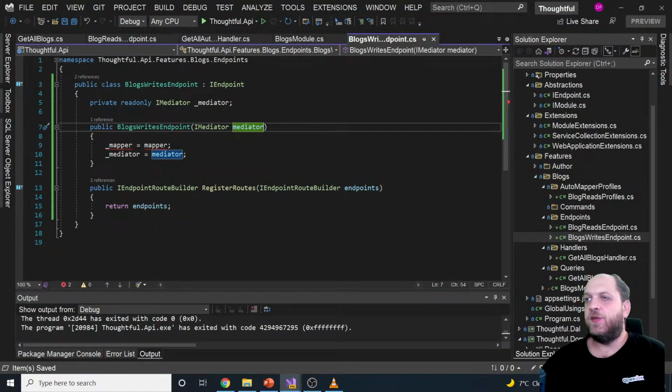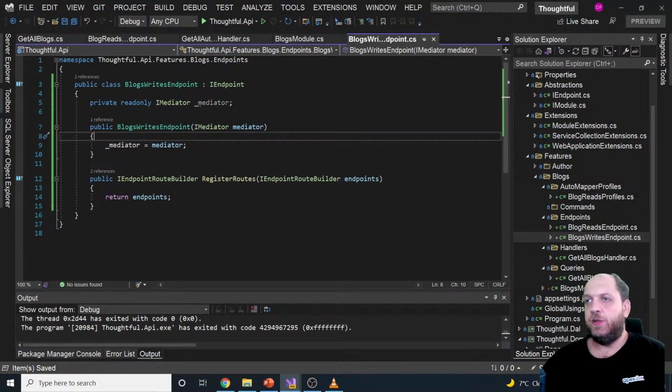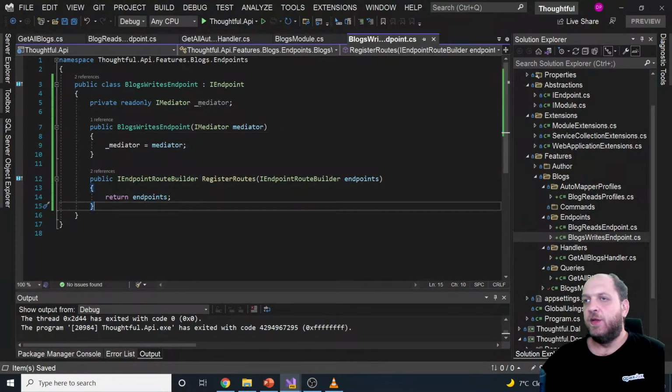I said as long as I can only keep the mediator here, I'm really happy with how our code looks like. Okay, so let's